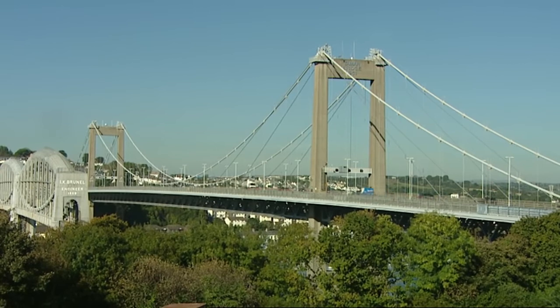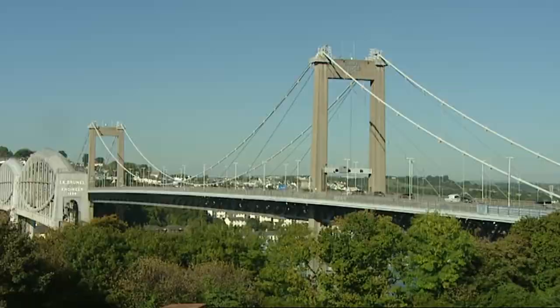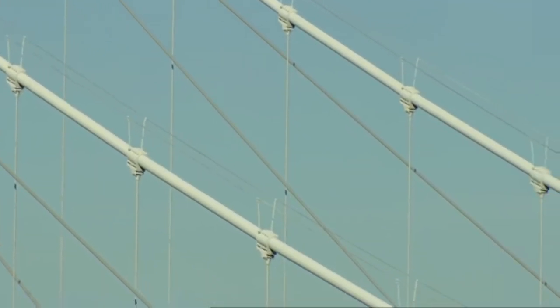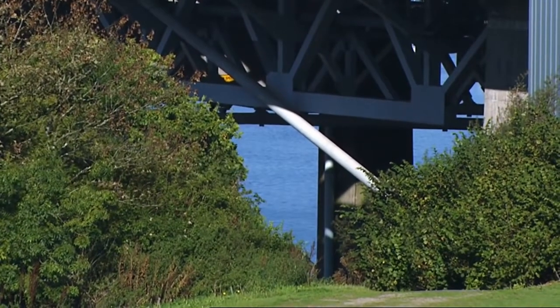We've got the main cable which drapes over the two towers on either side of the river, one on the Plymouth side and one on the Saltash side of the river. And they're anchored into the ground using reinforced concrete, and this is what gives the suspension bridge its strength and